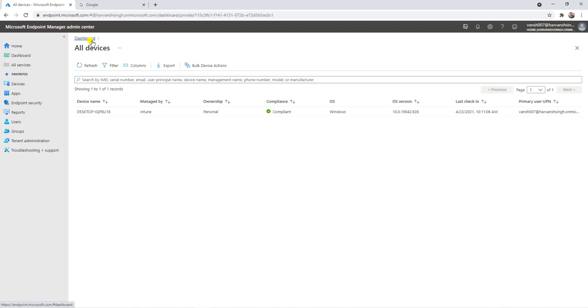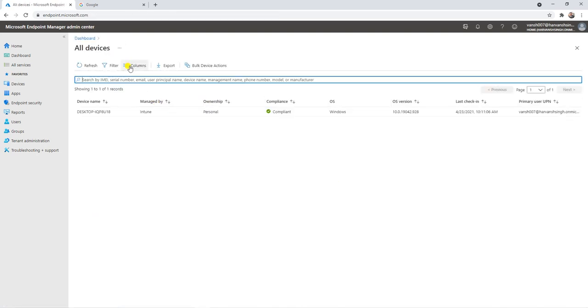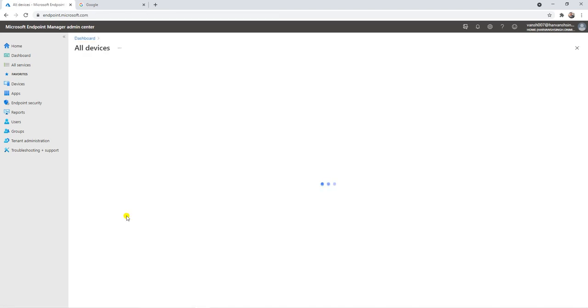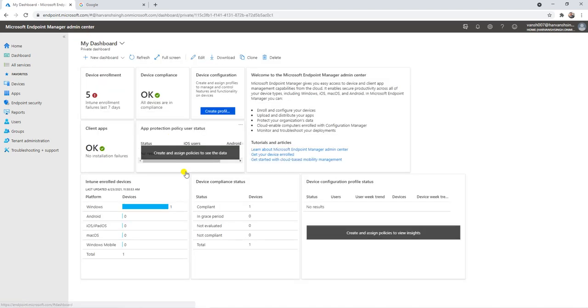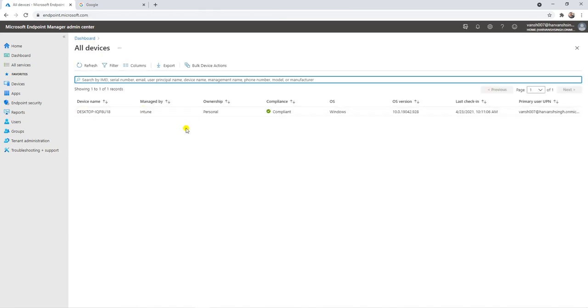And why is it showing under the Android? I'm not sure, something goes wrong there. It's taking Windows only. iOS. Okay, so I think this filter is not working properly. So if you want to check,